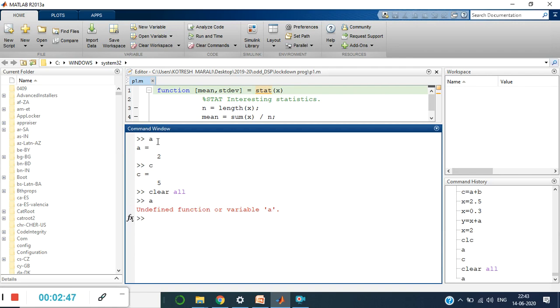Earlier when you typed a, you got the previous value as 2. This is the difference between CLC and clear all. CLC just clears your command window. Clear all will clear all the variables that are present in the workspace. Very important point here.